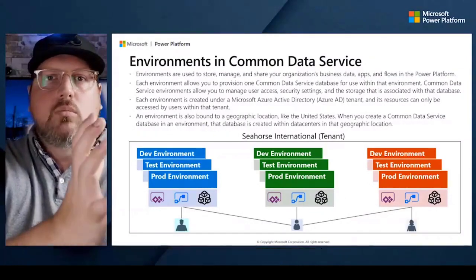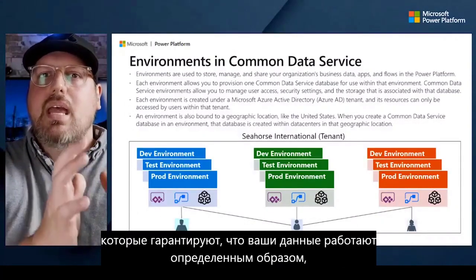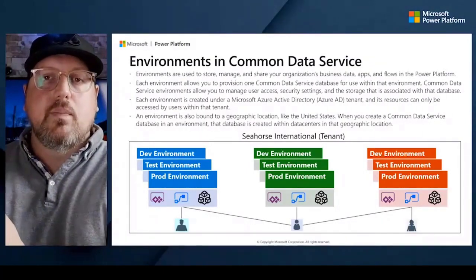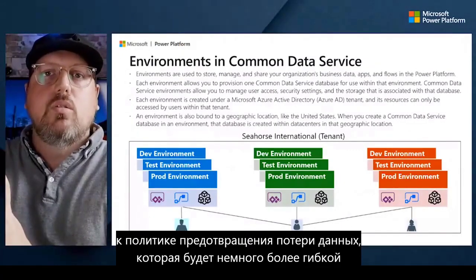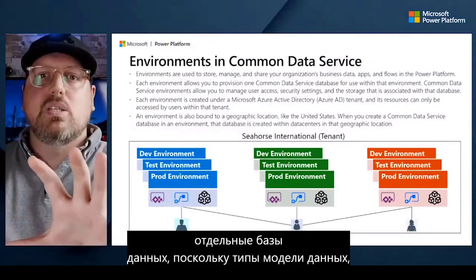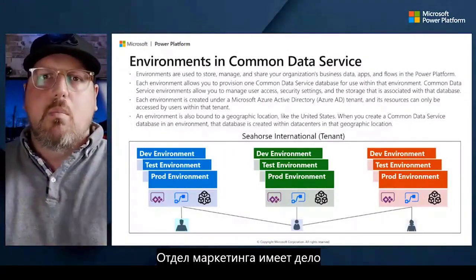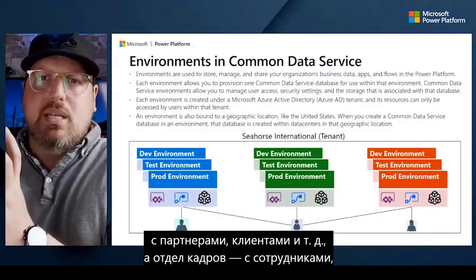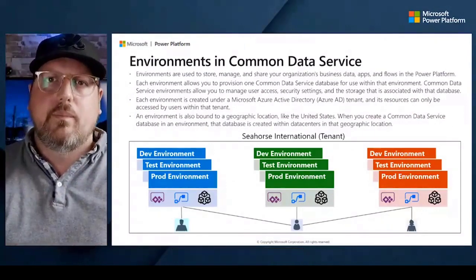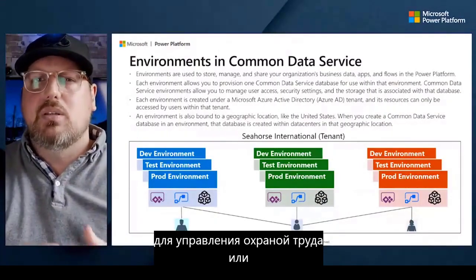Let's say you have an environment for HR with a different set of data loss prevention policies that ensure that your data works in a certain way. But maybe marketing has different sets of needs with a data loss prevention policy that will be a little more flexible, using Twitter and other things like that. And they might need separate databases because the type of data model that they need to build their solution has no connection with one another. Marketing might be around marketing partners and clients and everything, while your HR will all be about your employees and training, onboarding, and everything. And you might need another environment for your factories